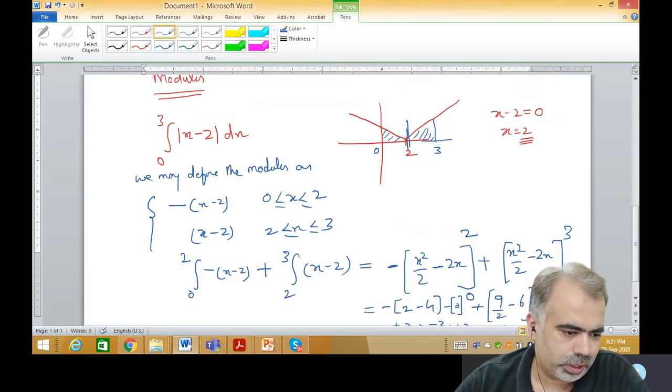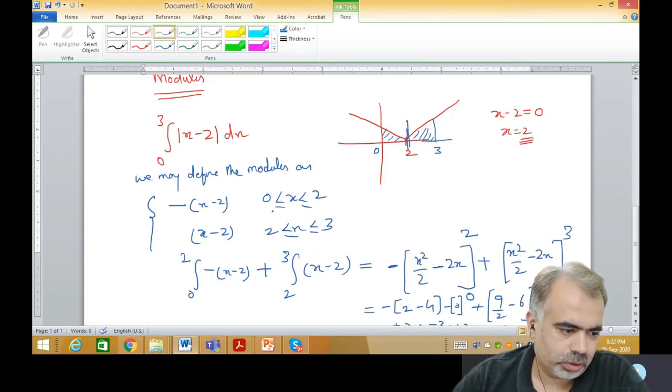So I hope you understand. It is very easy. Let me quickly describe it again. You have to describe this mode first, and for this I advise you to just draw a graph. And how to draw the graph? For that you first have to calculate the cut point. After calculating the cut point, you have to make a V, and after designing this, you have to see the limits from where to where you have to integrate. You have to integrate from 0 to 3. That's why you marked 0 and 3, and after that you get a graph like this.